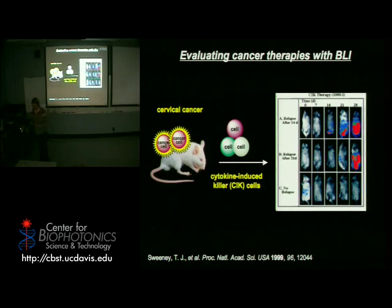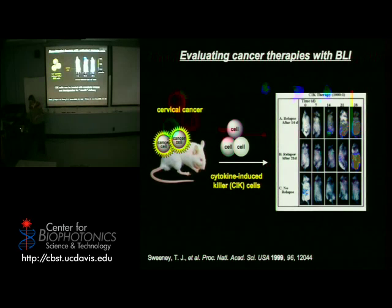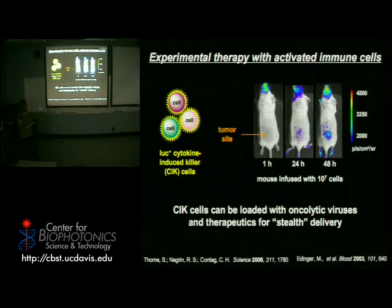And so this was telling us, okay, well, these cells seem to work in some cases and arrive at tumor tissue, but they weren't always effective. Is there some other way that we could engineer them? And so what we've been working on now is taking